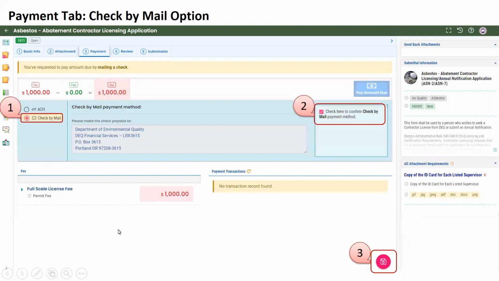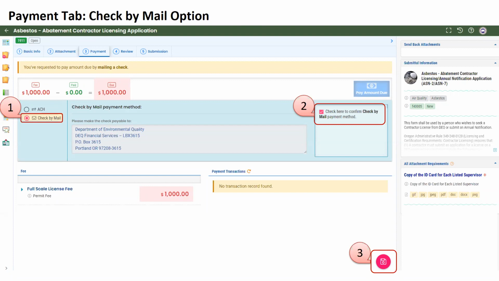If you're doing the check by mail option, then you would select the second part of that. Under ACH, it says check by mail. That will populate the information that shows up in the please make the check payable to box, with a lockbox account number. As Margaret mentioned in the beginning, you'll take a copy of your submittal receipt and send it with the check that you're mailing to that lockbox account.